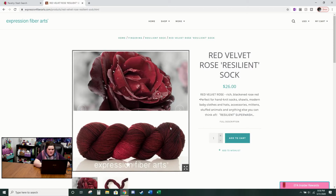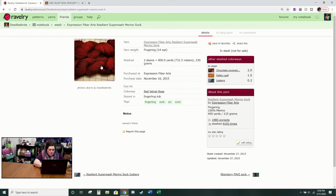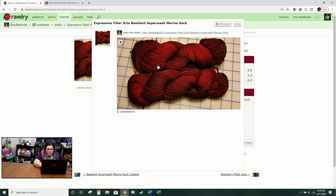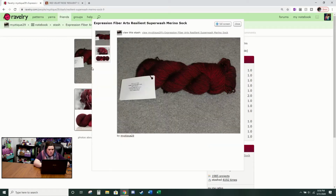So here's Red Velvet Rose on the website. You can see really intense, deep burgundy reds with hints of brighter, less burgundy red, kind of more of a rose red. And if we actually go to people's pictures, you can see a bunch of people have used the image from the website, but there are 3 people who actually took pictures. I would say this looks a lot plainer red rather than these really dark spots with a red highlight. It looks like it's all more one color based on that person's picture. And if we go to this person's picture, again, this looks like a very singular color, which is fine, but I think I would have expected...